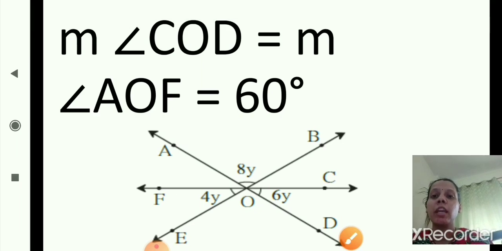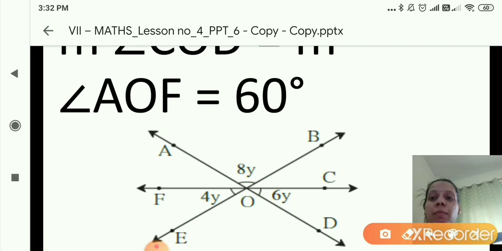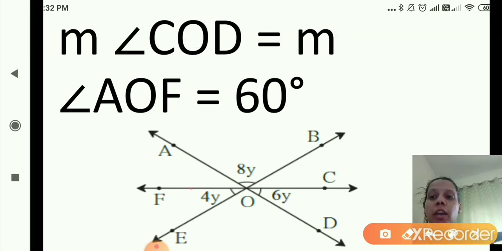So in question number 2, the measures of some angles are given. We will find out the remaining 3 angles. From the figure we know the measure of angle EOF is given 4y, this angle. Measure of angle AOB is given 8y, and measure of angle COD is given, that is 6y, right. Now we will find out the remaining angles: measure of angle AOF, which is not given, measure of angle BOC, which is not given, and measure of angle COE, which is not given, correct. So in the solution,